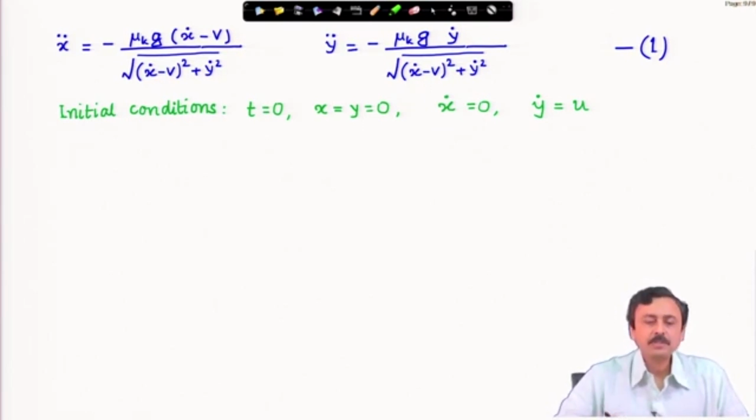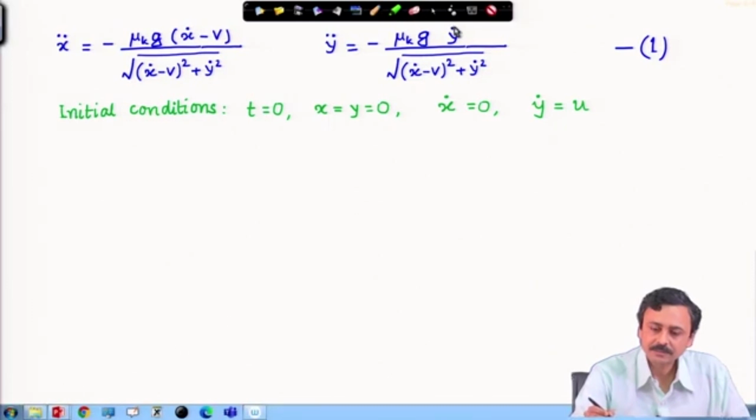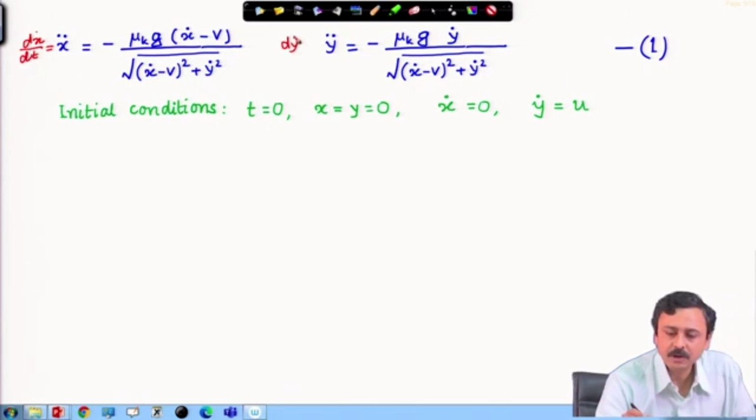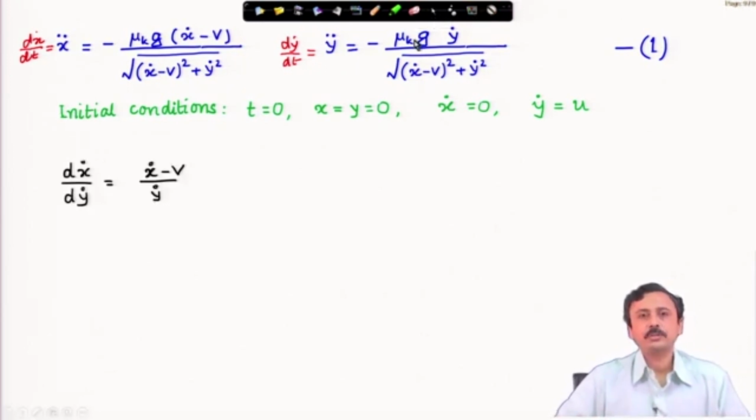It looks almost unsolvable, but there is a step that if you take, this becomes very simple, and that step is first writing this as d x dot by dt and this as d y dot by dt, and then taking the ratio of these two accelerations,